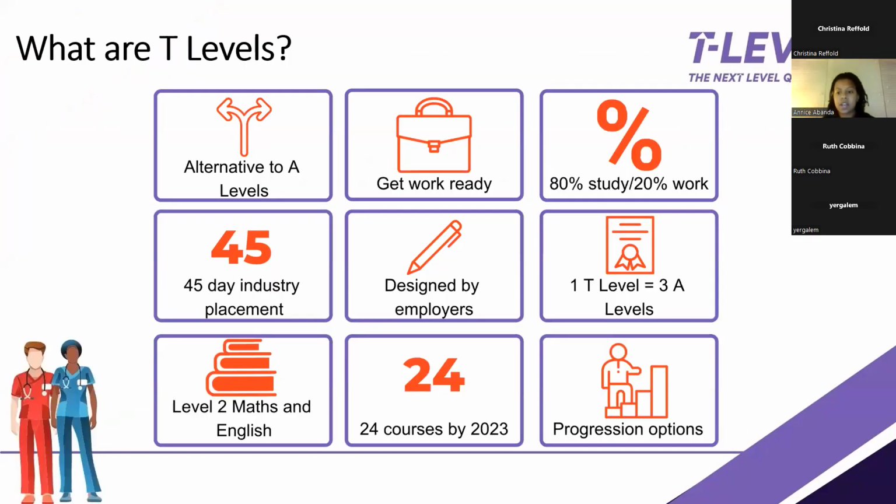So first of all, starting with what T-levels are. T-levels are a practical employer-led alternative to A-levels designed to get students work ready. T-levels work so that 80% of the time is spent in the classroom or in specialist facilities, learning the theory and developing practical skills. And the other 20% of the time is spent on an industry placement with an employer putting